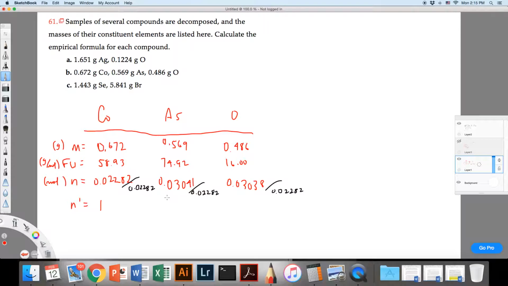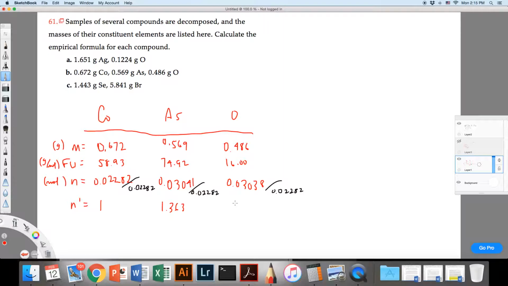0.03041 divided by 0.02282 goes to 1.36. Ooh, that's ugly. 1.36. Let's go 4 sig figs. And then